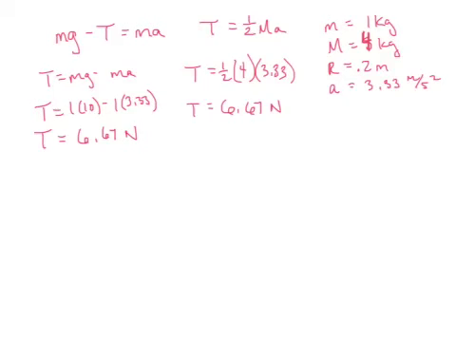And then finally, if we needed the angular acceleration of the disc, then we can very simply just say that alpha is a divided by R, and so that would be 3.33 divided by the radius of the disc, which I messed up too, that was 0.25 meters. Okay, so 3.33 times 4, and that will give us our answer of 13.33